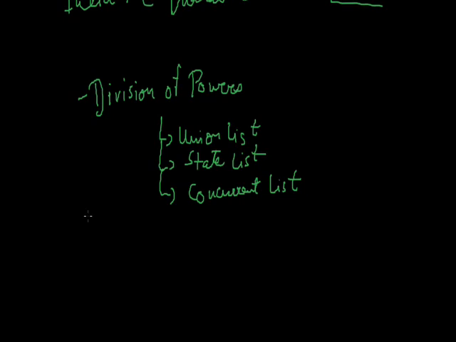Then, the subject matters of the respective lists. But I would like to tell you, the union list is the list on which the central government has the right to make laws or to take decisions. The state list is the list on which state governments can take decisions. And the concurrent list is a type of list on which both union and state governments can take decisions. But in case of any dispute, the central government will have an upper hand. Now see, another feature is